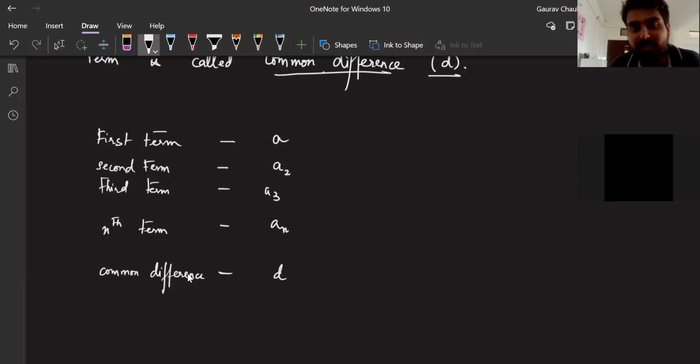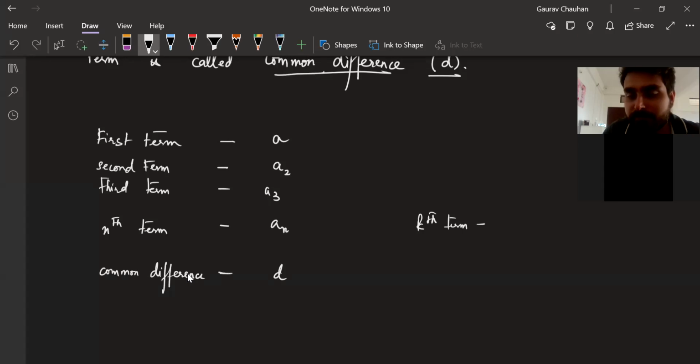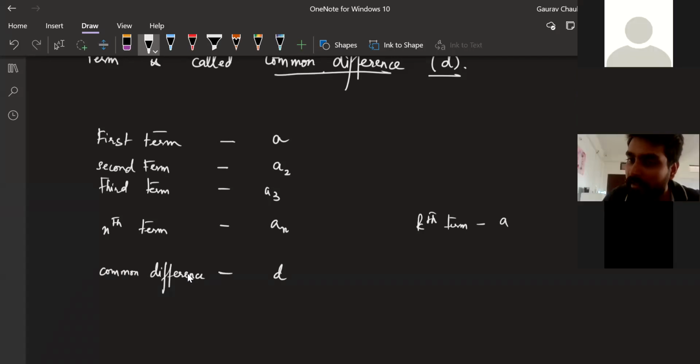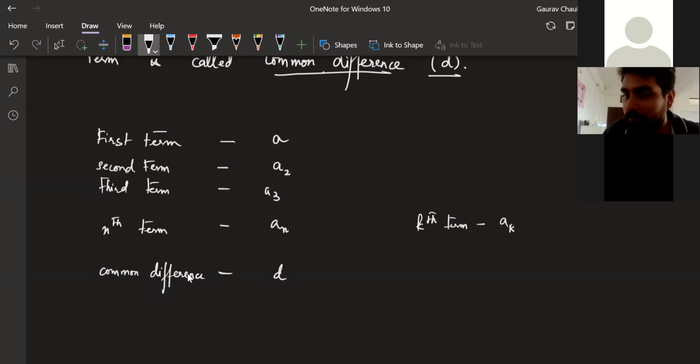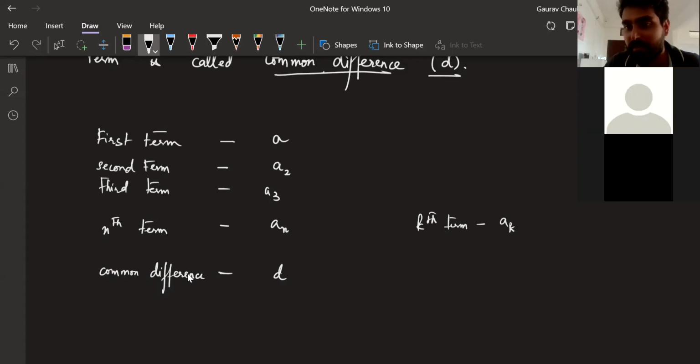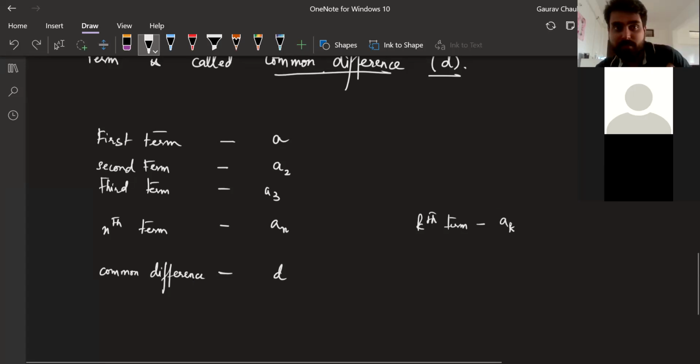So, if we are saying nth term, can someone tell me the kth term? If someone tells you the kth term, how will you denote that? Manasa, go ahead. A K, sir. A K, okay. K should be written small and below. On the right side below, you have to write it small, smaller than A. Right, good, Manasa, thank you.